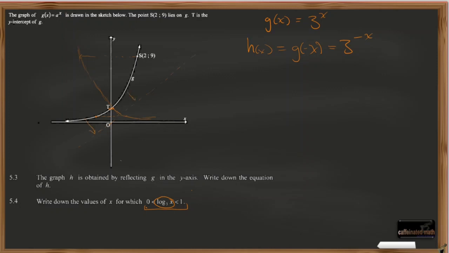It's obtaining the inverse, and the inverse is going to do that. So what do they want? We know that's going to be 1 and 0, because that's 0 and 1, and our coordinates just swap places. So the values of x for which log 3, this graph, is between 0 and 1,